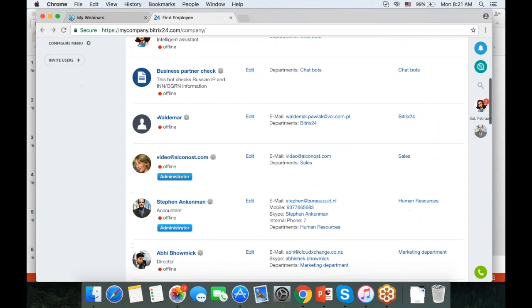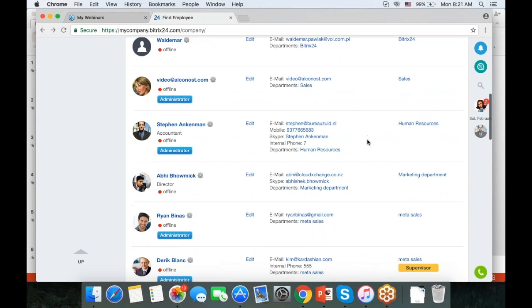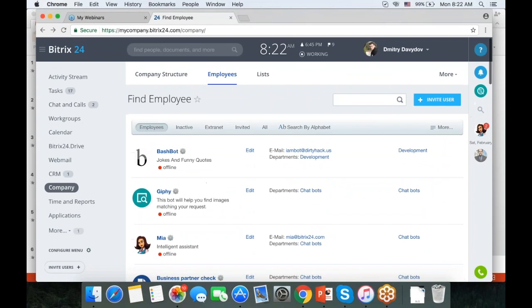Our partners can customize Bitrix24, self-hosted Bitrix24 for you. Some of you require having certifications inside employee profile. This is certainly possible with self-hosted Bitrix24. Also, you're able to view employee message log, you're able to dismiss an employee,